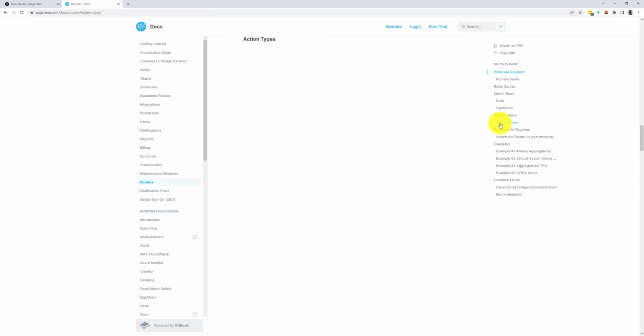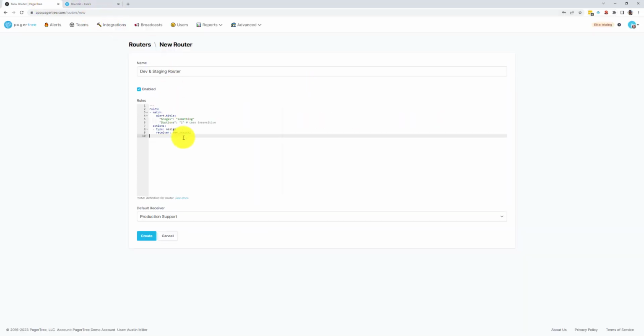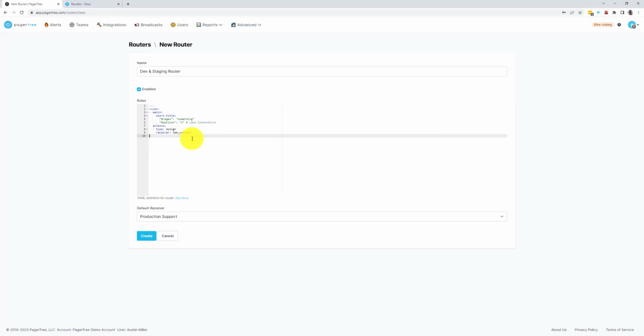In the action section, you can do many things including aggregating alerts, dynamically assigning a destination, setting custom values on the alert, attaching stakeholders, and ignoring the alert altogether. Another thing that is important to note, rules will be matched in the order that they are specified in the YAML file, top down, so order is important. Again, all this information can be found on the router's documentation page.